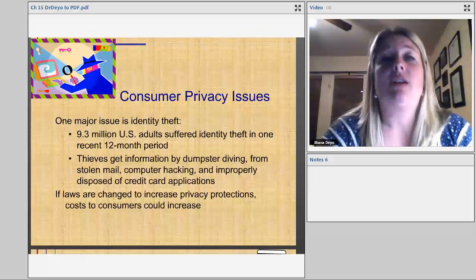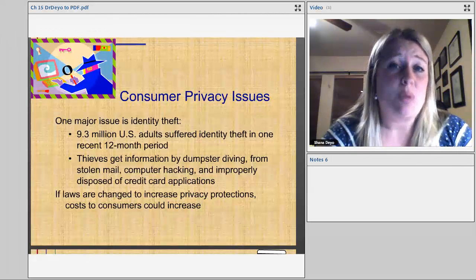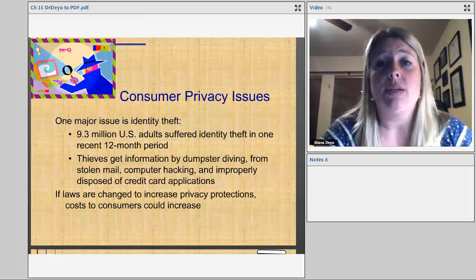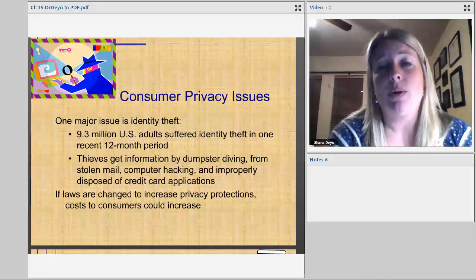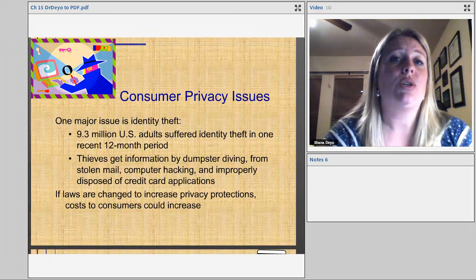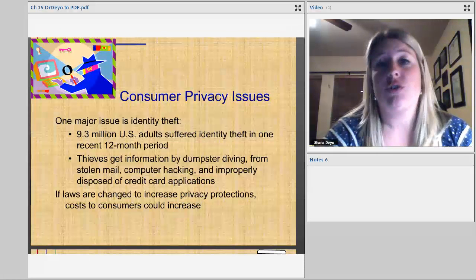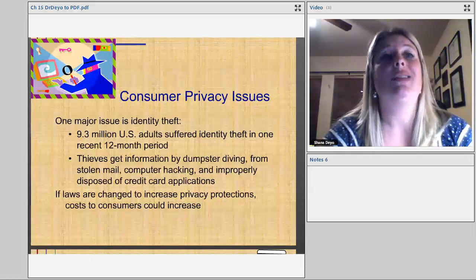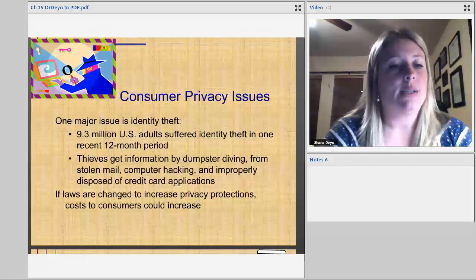So we have a lot of privacy issues, and the more that we're online, the more that we use social media, of course, privacy issues are going to become even more prevalent, because people can go online in a very short amount of time on social media websites, find out a lot about you, what kind of movies you like to watch, what kind of music you like to listen to, what kind of products you support, what kinds of web pages you follow, who your friends are, what stuff they like. They can find a lot of information about us in a very short period of time.